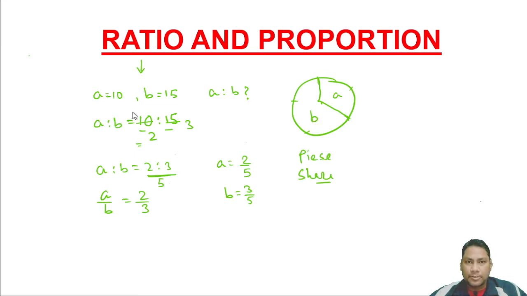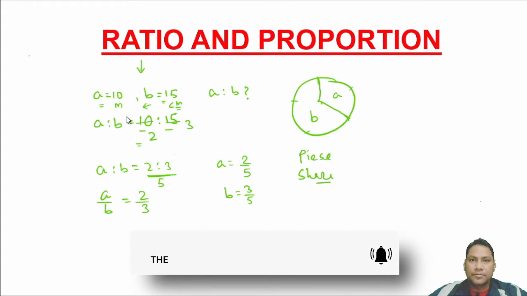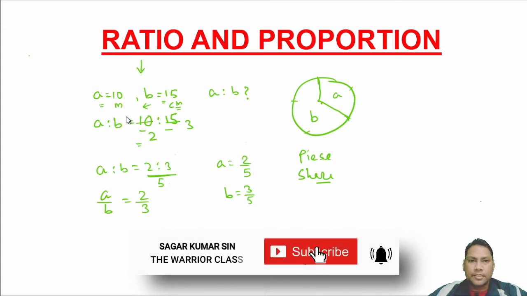The values of all the quantities should be in the same unit. Likewise, if the value of A is given in length, the value of B should also be in length. That is, if A is in meters, then B should be in meters. If one is given in meters and the other in centimeters, first we will have to convert meters into centimeters or centimeters into meters. Likewise, if they are given in volume, length or anything, they should be in the same units.